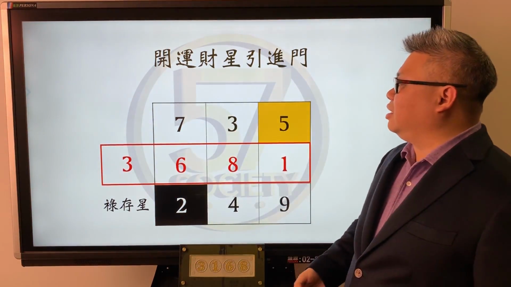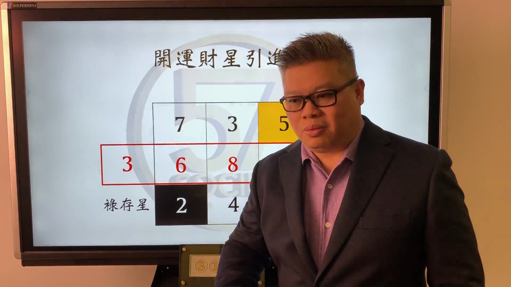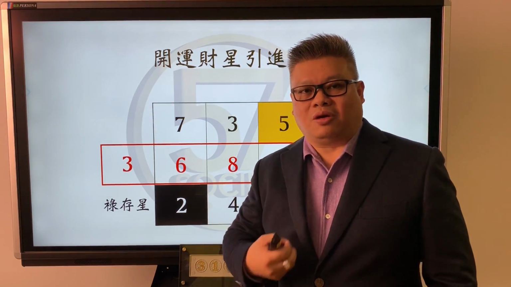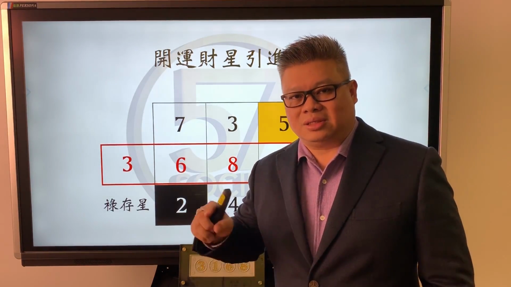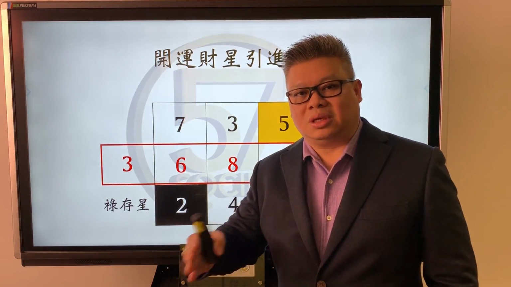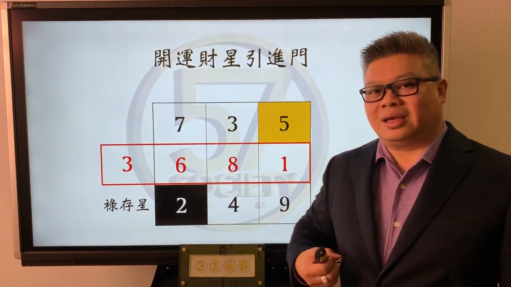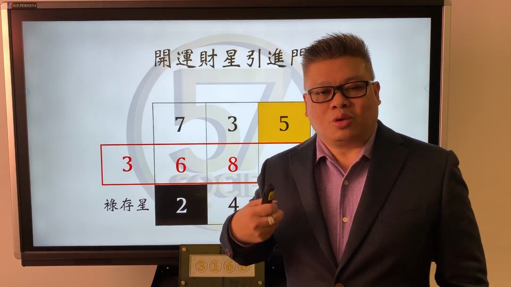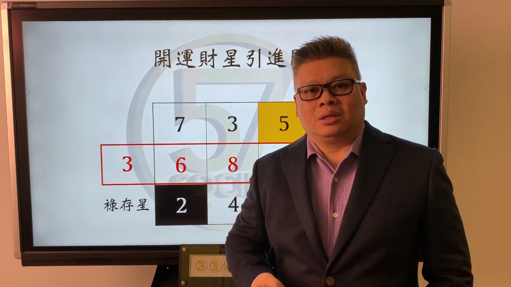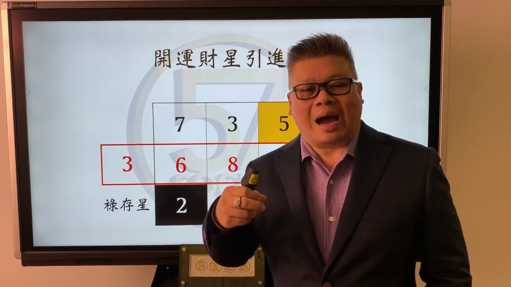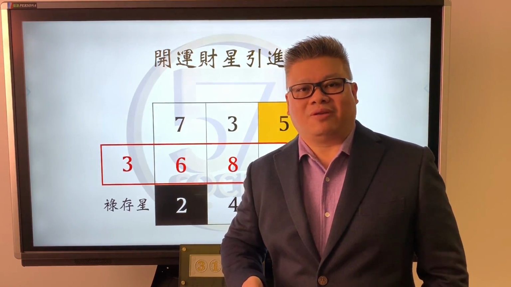So when we combine the numbers together, there are 4 numbers. We have what we saw at the very beginning of my presentation here. We have a product called the 3168. So this number combination goes in this sequence: 3168. Okay, the number 3 will act as a kickstarter. It will help to kickstart the whole thing. It is the very, very important key to opening up, to unlock the wealth, harness it within the number 8 flying star.